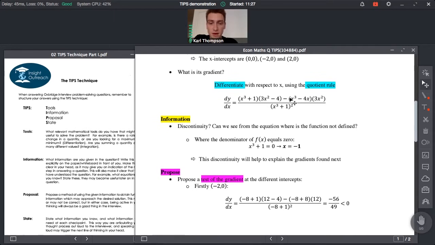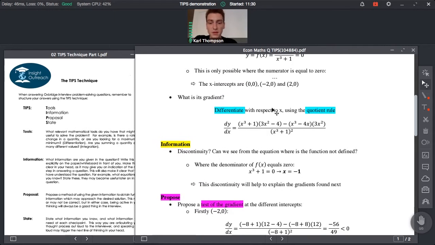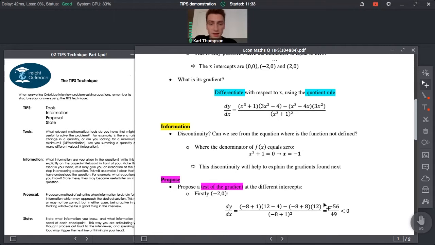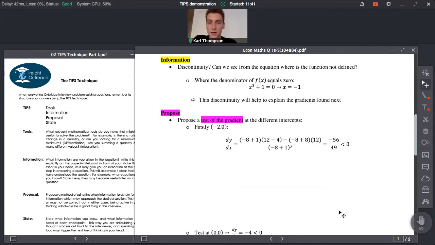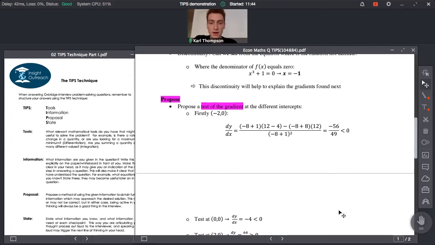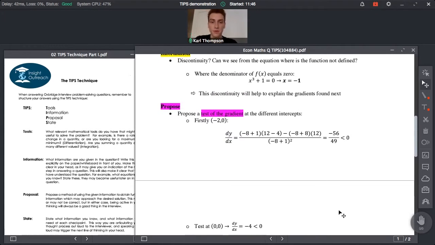So at the second one here, minus 2, 0, we find a negative gradient of greater than 1 or less than minus 1. At the second one, at 0, 0, moving along the number line from minus 2, 0, we get minus 4, which means it's steeper than the gradient at the minus 2 intercept. So we've somehow gone from a negative gradient at one intercept, one root, to an even steeper gradient at the